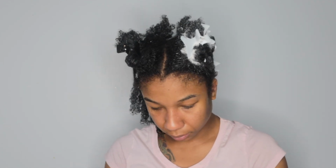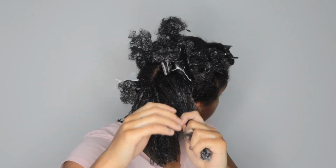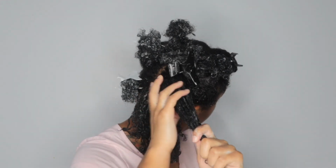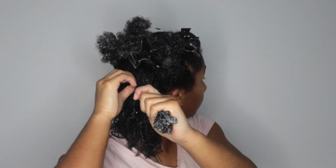Like it can't feel too streaky, otherwise it's too much water or too much foam, not enough gel. And it can't feel too gunky because it's too much gel, not enough water, and it will still frizz and just feel crunchy when it dries. So you have to find the right balance for each section. Each time you move to another section, you have to find that right balance so that you get the